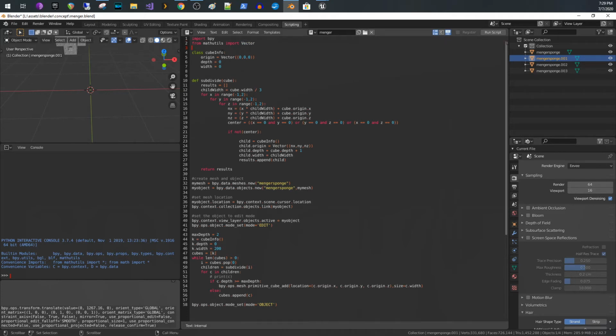I created a class in Python. I called it CubeInfo, and it has a vector, a depth and a width. I created a function called subdivide, which you pass in a cube, and the cube is of type CubeInfo. The way this works is, you give the subdivide function a cube, and it will subdivide it into 27 cubes, 3 across, 3 down, 3 deep, but it will remove the center cubes to give you the